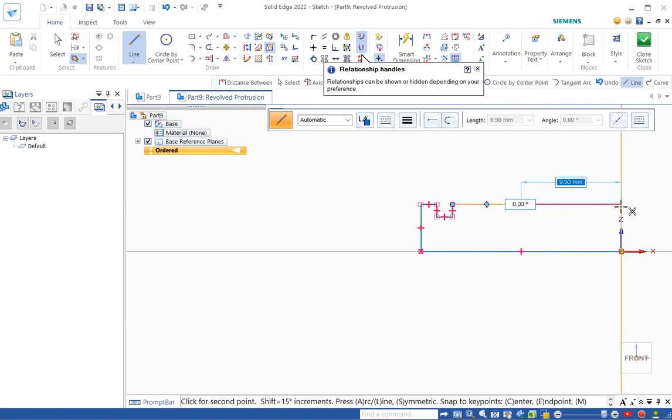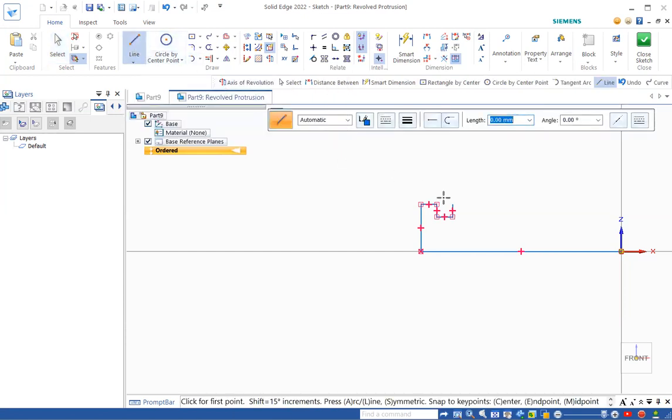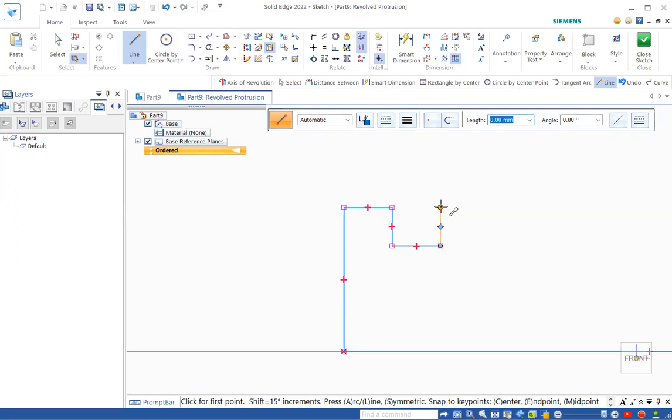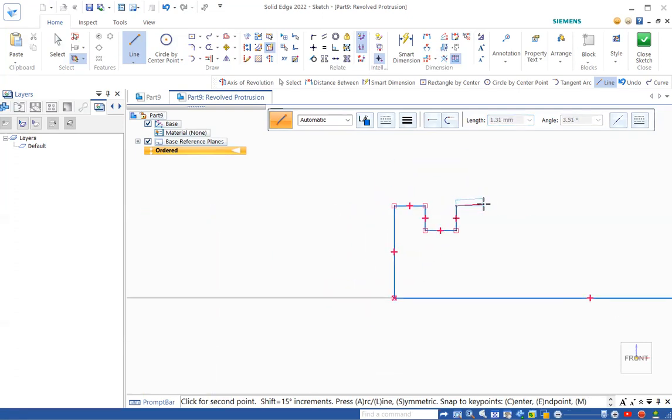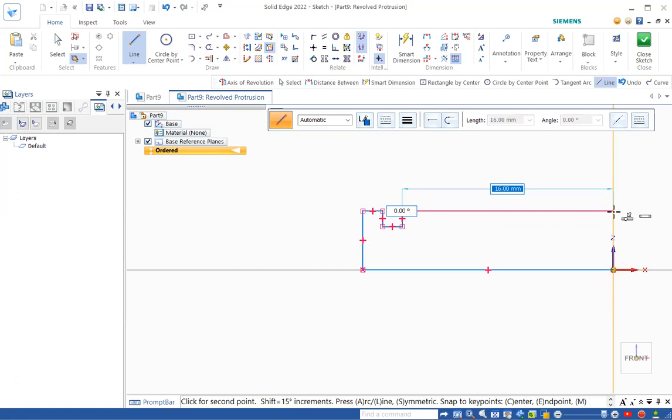So if you get something wrong here, right click to cancel it, move to the select, click on this line and click on delete. So that gives me the opportunity to show you how to correct things. Go back to the line, click, then move right to the center line when it appears and click. Now we can move down